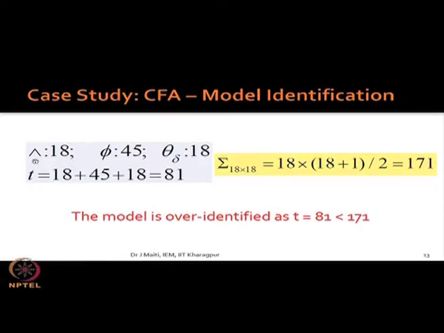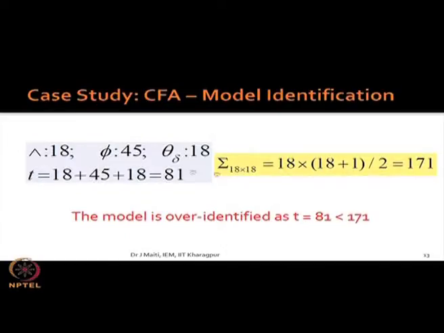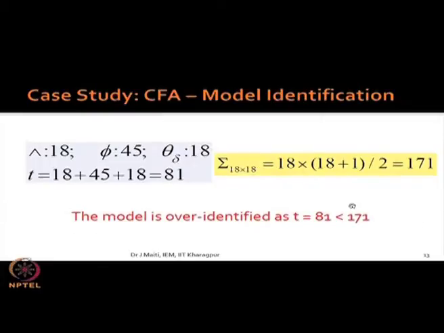You just see that lambda part, how many lambdas are there. You count 1, 2, 3, 4, 5, 6, 7, 8, 9, 10, 11, 12, 13, 14, 15, 16, 17, 18. So, 18 lambdas. So, we have written lambda 18 because others are 0. For example, lambda 3 1, if you give one linkage here, that lambda 3 1 is 0 because it is confirmatory. We know what are the manifest variables coming out of the hidden constructs.